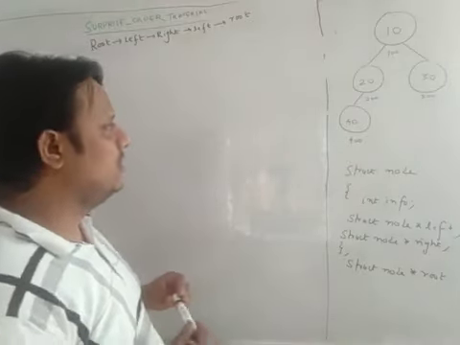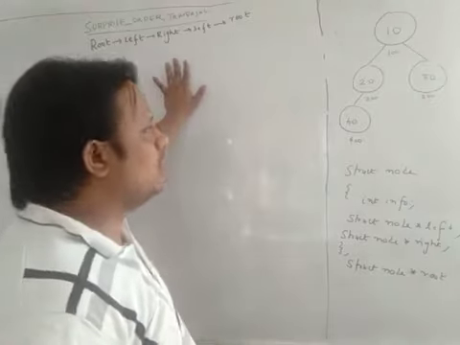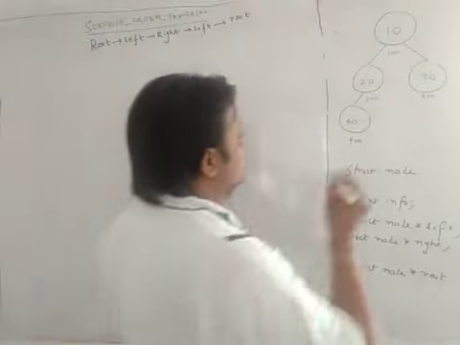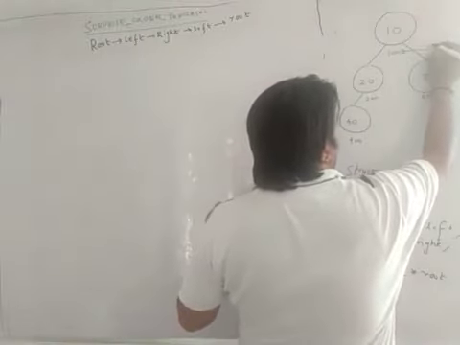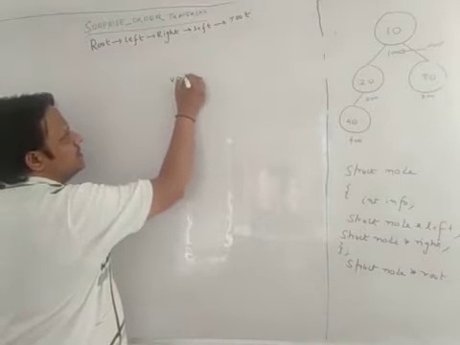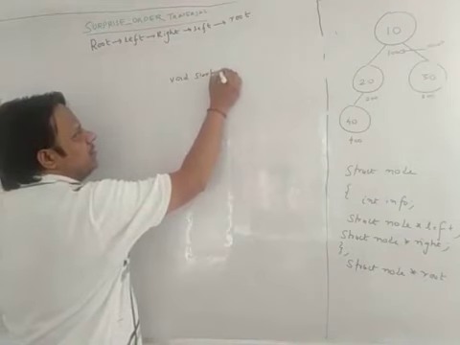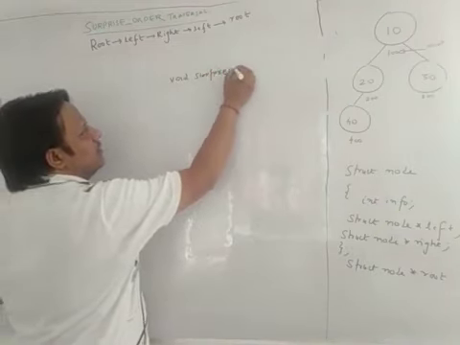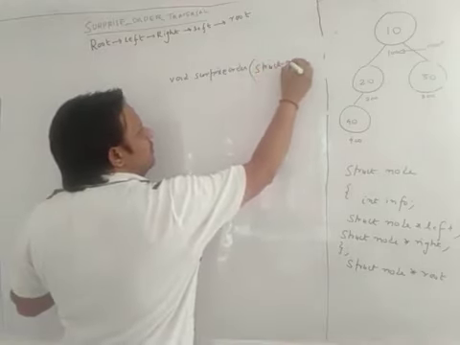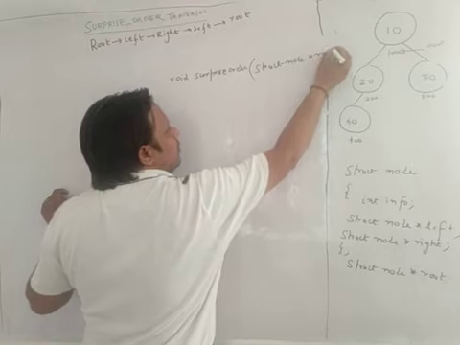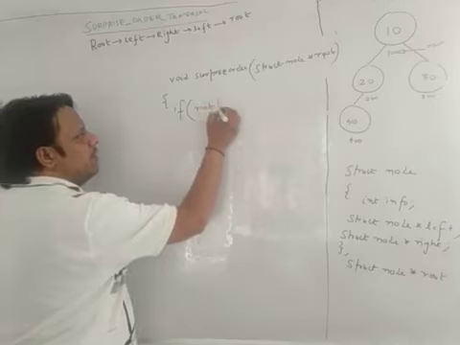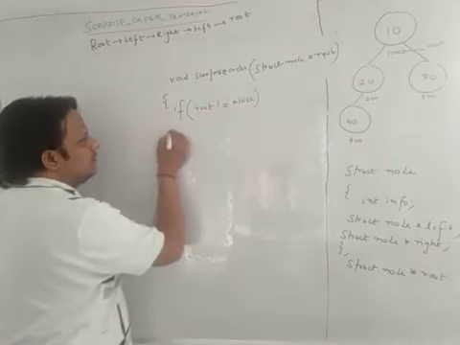So how are we going to solve this question? This is a very important question, and very important from the GATE perspective also. So let me write a code for this. This is my root. When you write a code, we first write the function name. The function name is surprise order. I am passing root as a parameter, struct node star root. Fine. So if root not equals to null, I am going to do something.